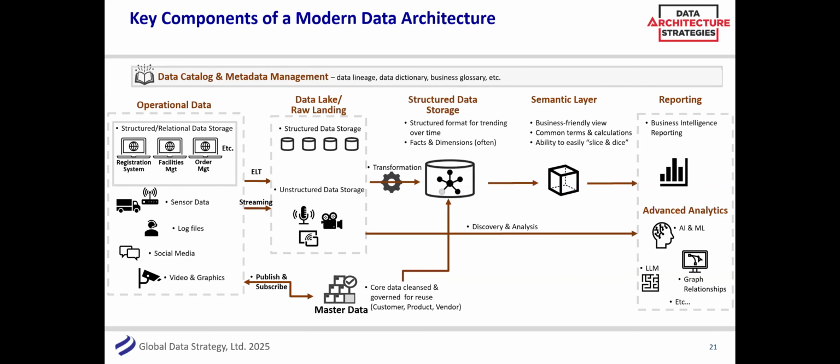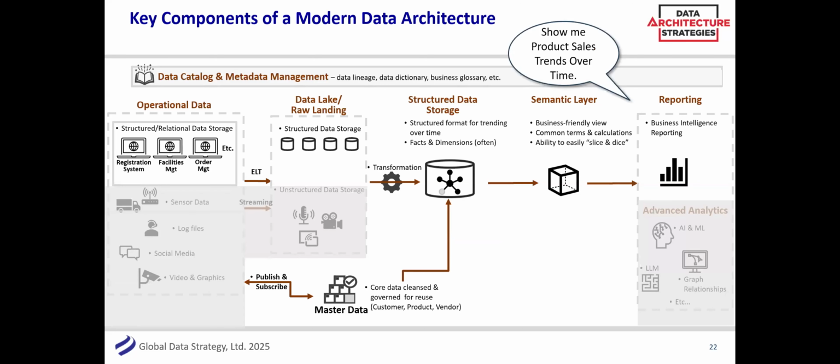So back to our picture, when we think of these components of a modern data architecture, how do we go back to that story we had before where we have a mix of, I don't know, video recognition of parts, and we wanted to also sum that up by BI. So I just thought we'd go to this fictitious, very high level architecture, and go through some of these examples. So I want to do something like show me product sales trends over time. How many widgets did we sell in Widget World in each of the regions by major customer, right?